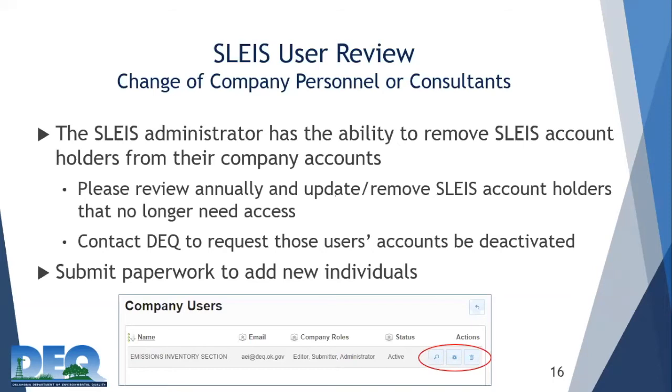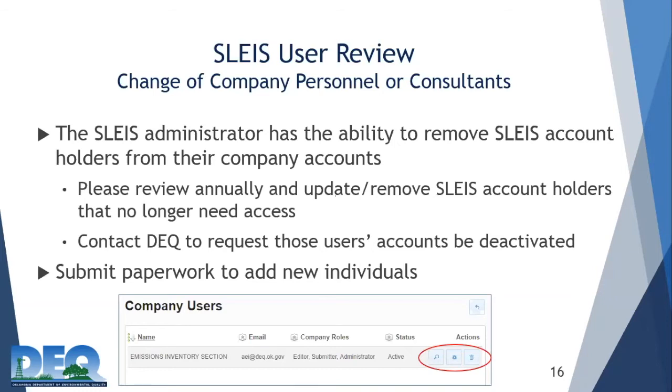So if somebody has left the company and you don't want them to have access in SLEIS, the RO can go in and remove that. We would also ask, though, that you contact us so that we can deactivate that person's account so they can't log into SLEIS at all.